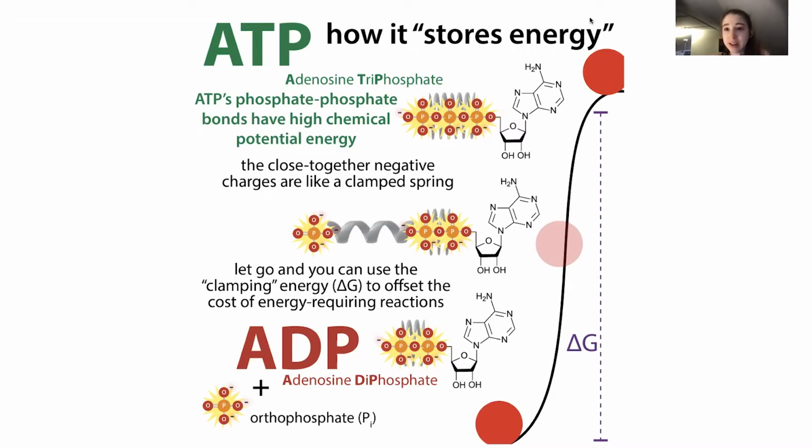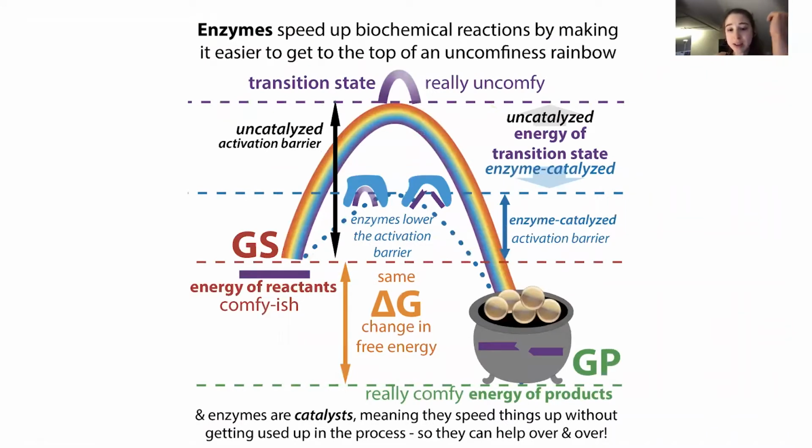It's like the equivalent of kinetic potential energy, where if you had a ball at the top of a hill, in this case we have chemical potential energy, because it's hard to keep these negative charge groups together. If you were to relieve that tension, you unclamp the spring. Think about something at the end of the spring, it would fly off. But in this case, we can couple this release of energy to get reactions to happen that may not be otherwise favorable.